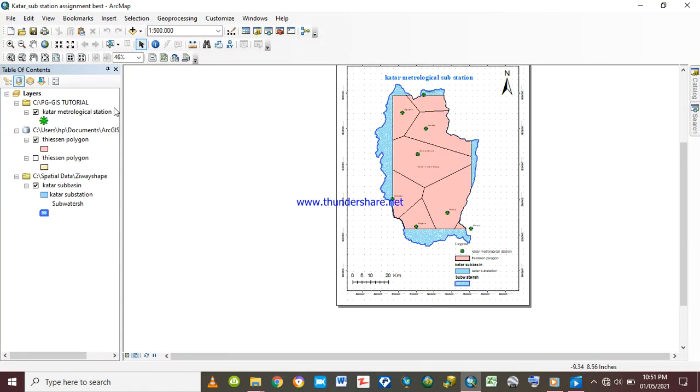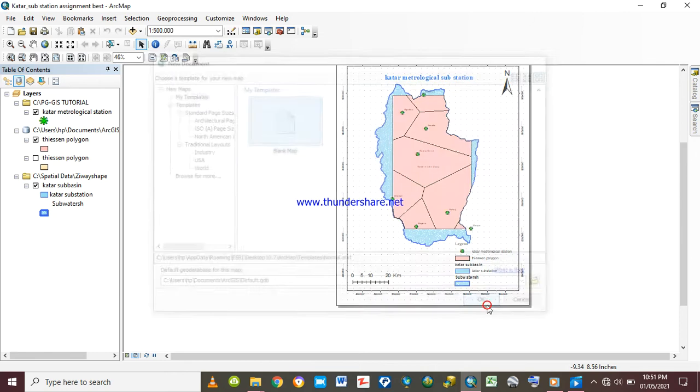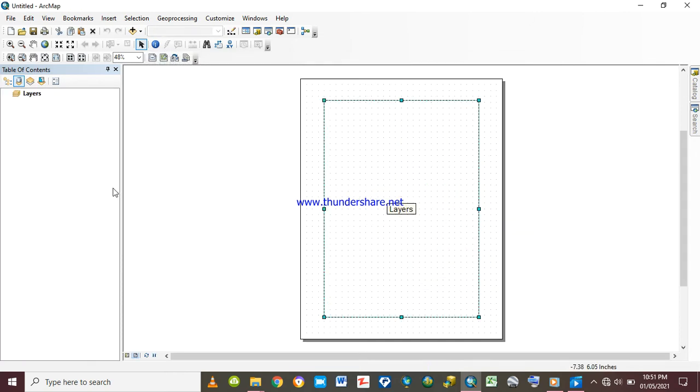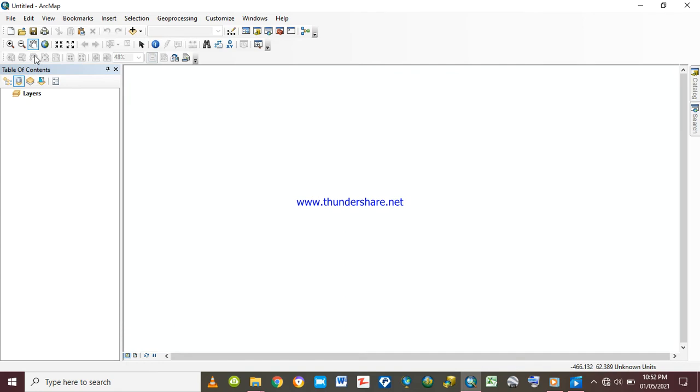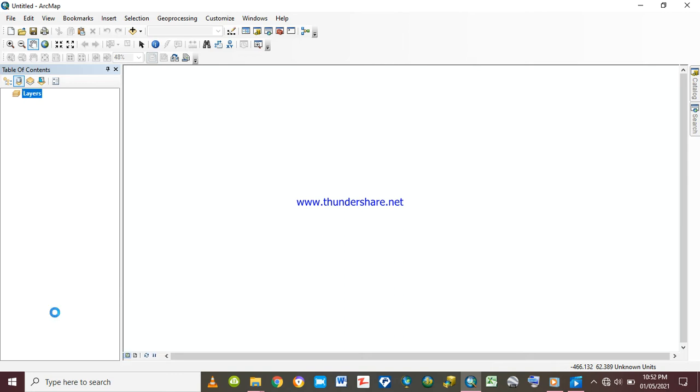In today's lesson we are going to see how we can form a Thiessen polygon by using ArcMap. Firstly, we have to click layers, then properties, and we have to adjust the